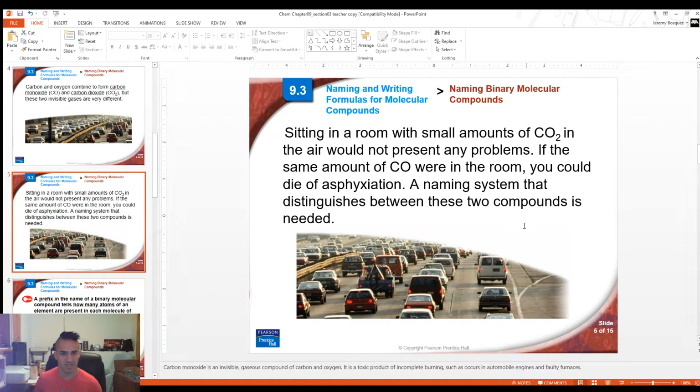You'd probably pass out, you get lightheaded, and you'd go into a coma, and eventually your heart would stop and you would die. And this is because carbon monoxide is super poisonous. Most of you probably have a carbon monoxide detector in your house. It's usually a little white thing. It sticks into an outlet and it sits usually out in the hallway by your bedroom, most likely,